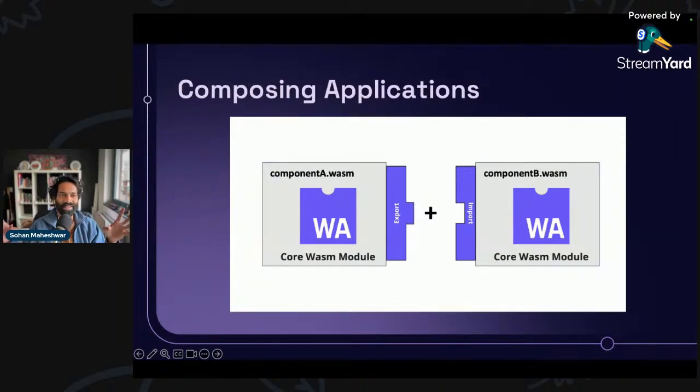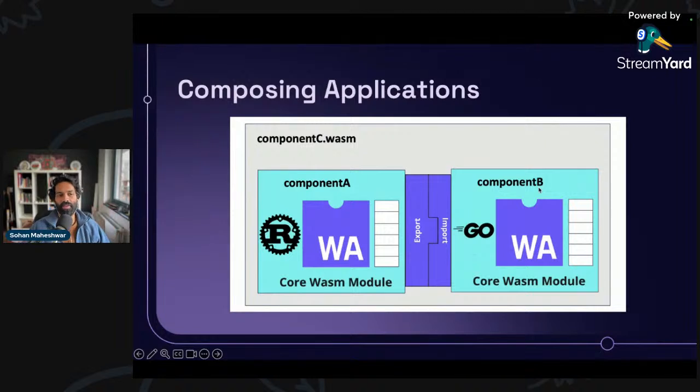Actually, I'm not even making this up. So you have a component A here, which has a core Wasm module, which exports a certain functionality. We spoke about that earlier. And maybe component B wants to import a certain functionality, right? These two can be written in different languages like Rust and Go, and they can work with each other to form a new component called component C.